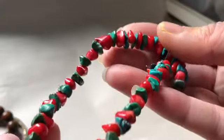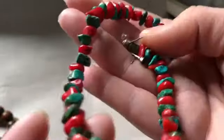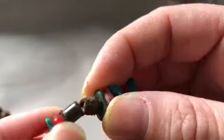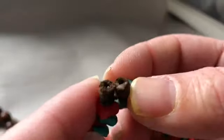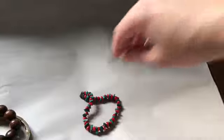Here we have turquoise and I don't think that's coral, but I can't think of the other option. And it apparently has a magnetic clasp because it picked up some earrings. Still has earrings stuck to it. That clasp is really kind of gross. It's corroded, I don't know. But that's really pretty, it'd be pretty big for a bracelet. Maybe a men's bracelet or just meant to be big. I don't know if I would want a magnetic closure like that on an anklet because I wouldn't know if it fell off. And they do appear to be real gemstones, so